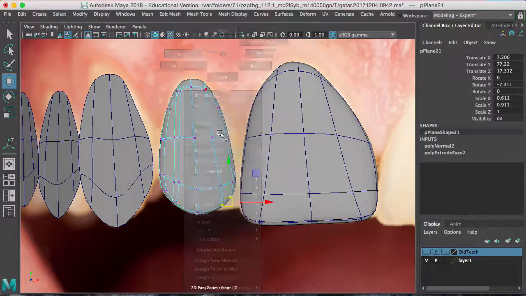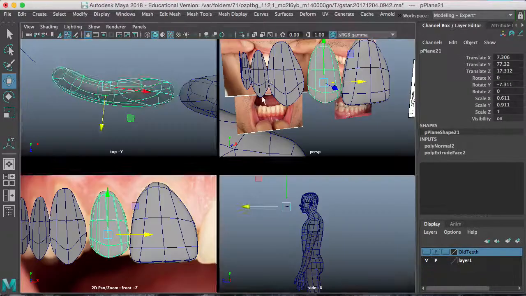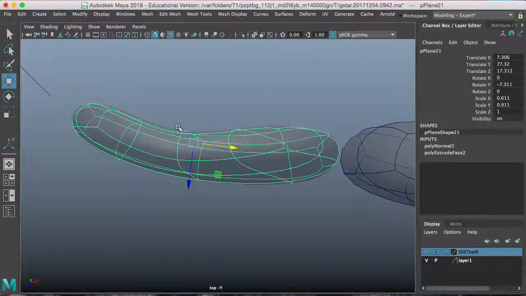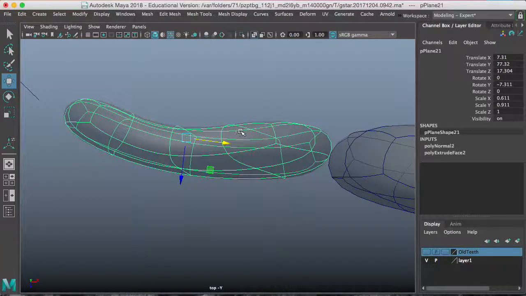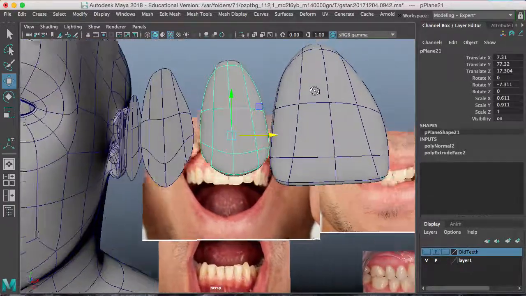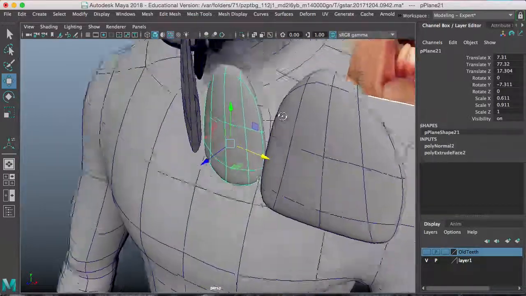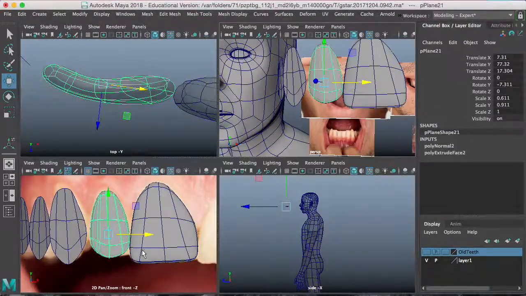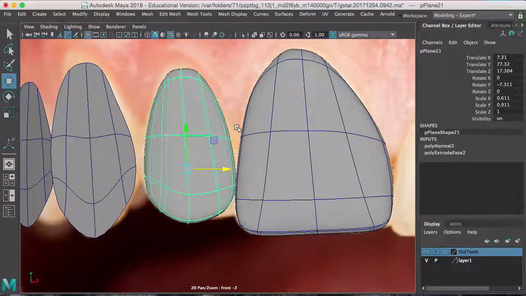Let's actually move these vertices over that way. I want there to be a huge gap between the teeth. So maybe I might have to move it in the top view. Just kind of push it back here. I'll bring it closer like that. And then my perspective view, that's what it looks like. All right. Now there is a huge space between these two teeth, and the gum line for me looks like it's